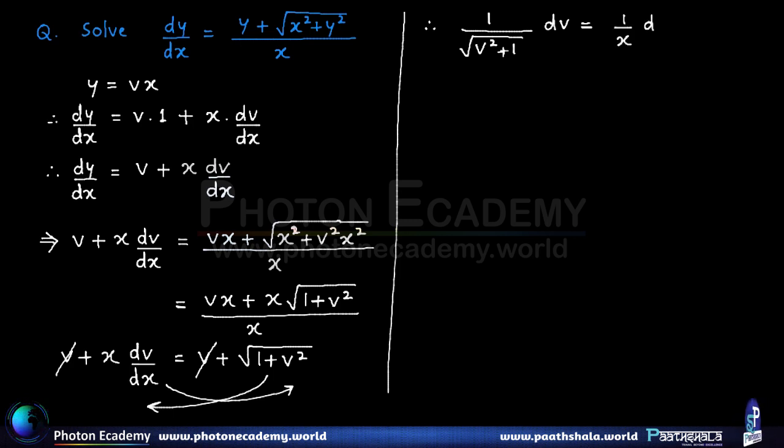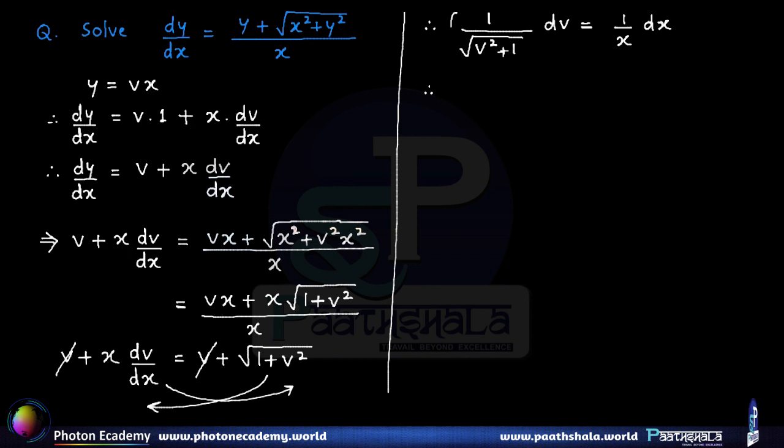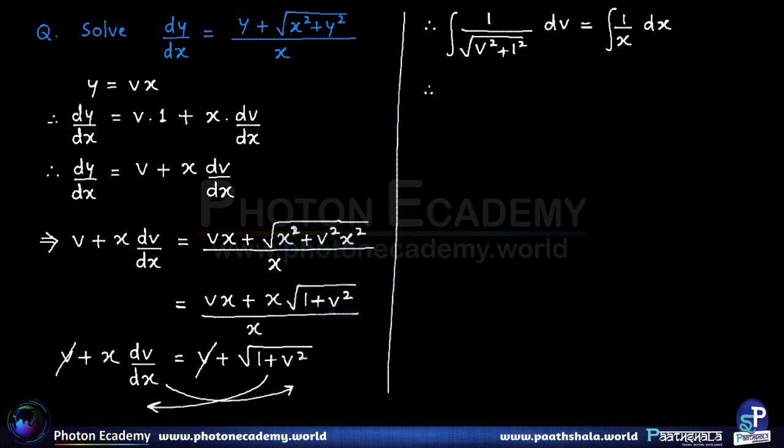So therefore on integrating we get, let us integrate here itself. So on integrating, for the left hand side the integral is of the form 1 upon square root of variable square plus constant square. So 1 can be written as 1 square also, and we know that the integral of this particular function is given by log of mod of v